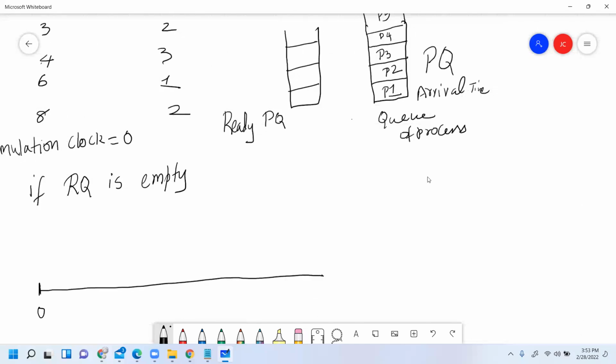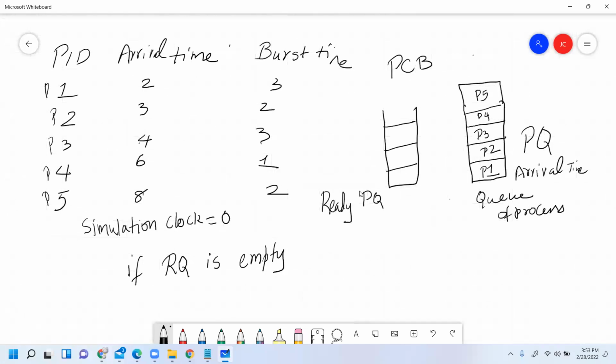Okay, so at time unit 2 this process is arriving, and that means the process has not arrived in the RAM yet. It is still in the hard disk. Is that right? So what does our simulation have to do? Because it is waiting for an event. I said it's an event-based simulator. So it is going to look at this queue, right? And it is going to update my simulation clock to 2 basically, because we are not doing anything. So simulation clock should be